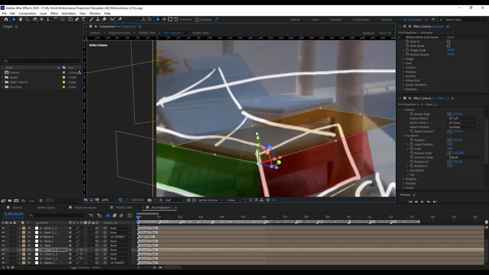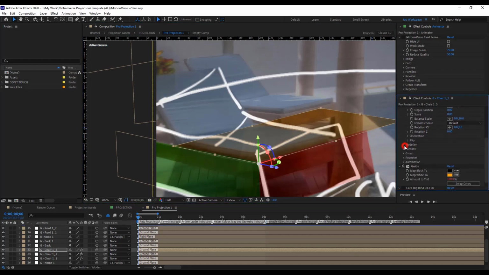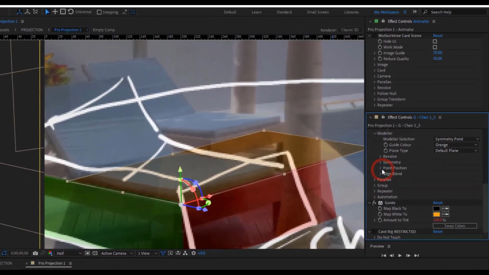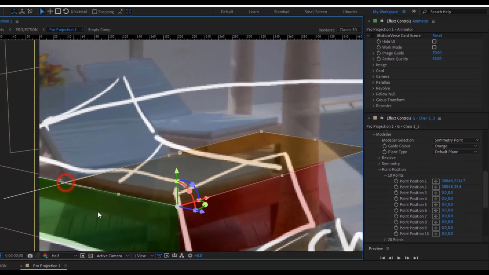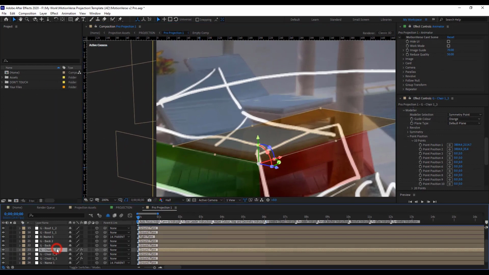And the next thing we're going to create now is the back. So with this plane selected here, we're going to create 2 points. Alright, so I'm going to select this one, the plane, and then I'm going to create 1 point. Go to modeler here, position, and then I'm going to create a point here. We can also create another point here, just like so. Then duplicate,